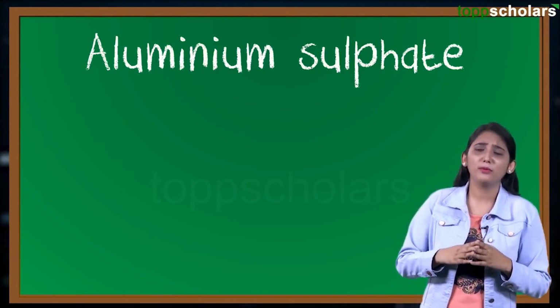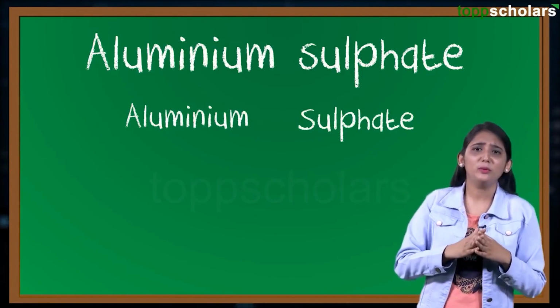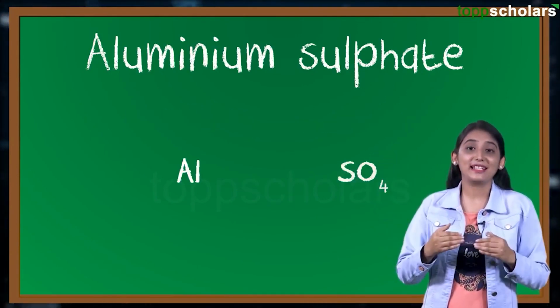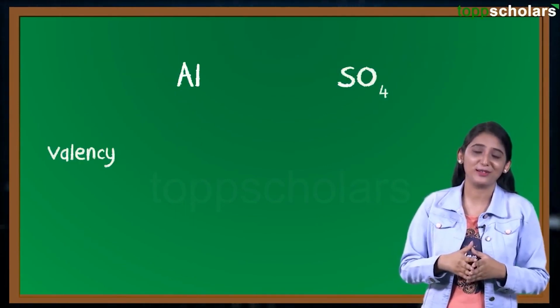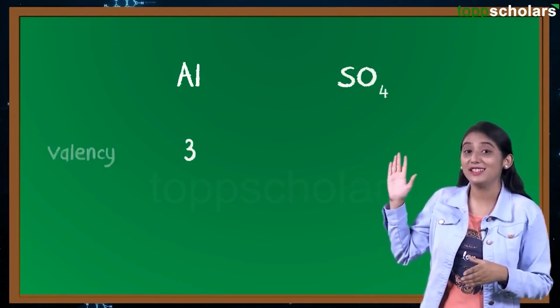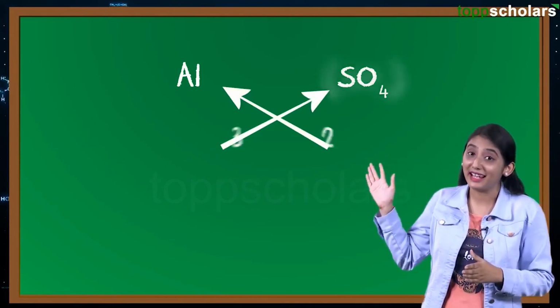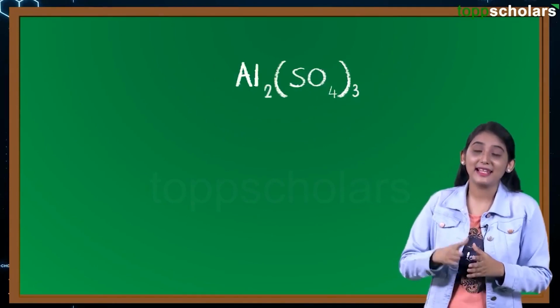But how do you write down the chemical formula for aluminium sulfate? Aluminium sulfate is made up of aluminium and sulfate. So the symbol for aluminium is Al and sulfate is SO4. The next step is to write down the valency below the respective radicals. So the valency of aluminium is 3 and that of sulfate is 2. Now let's cross multiply the valency like this. So now the formula of aluminium sulfate is